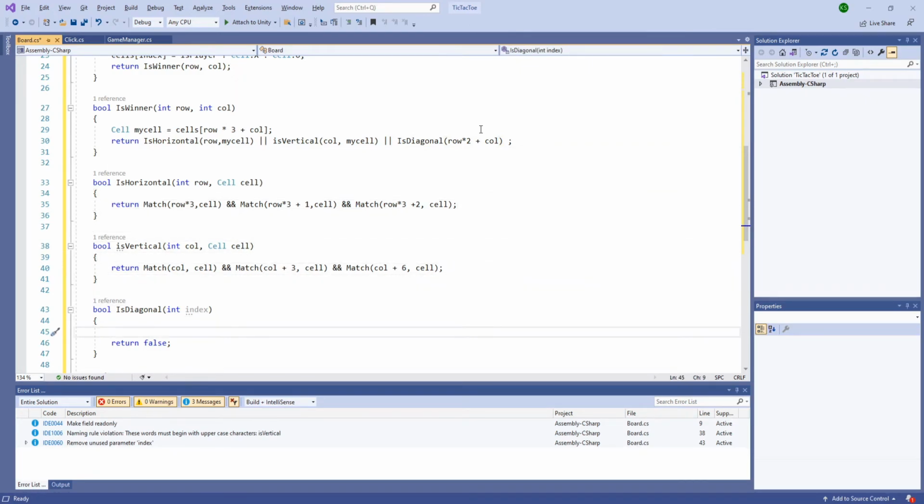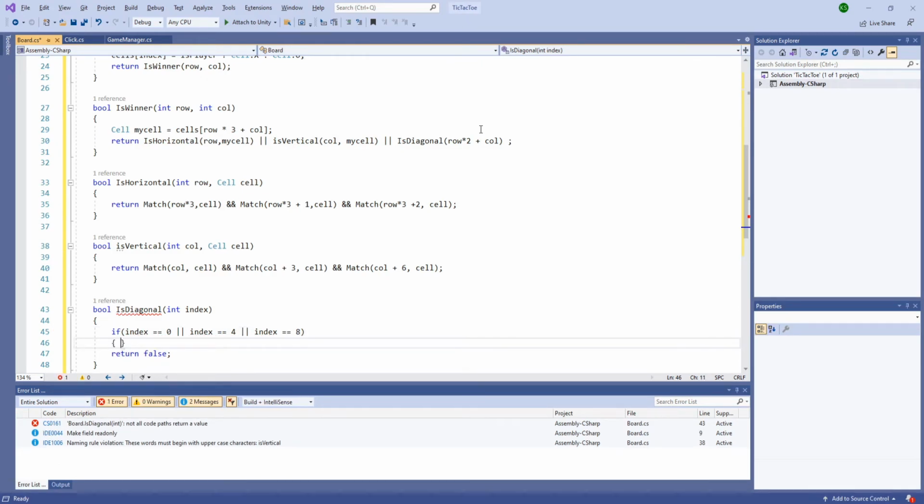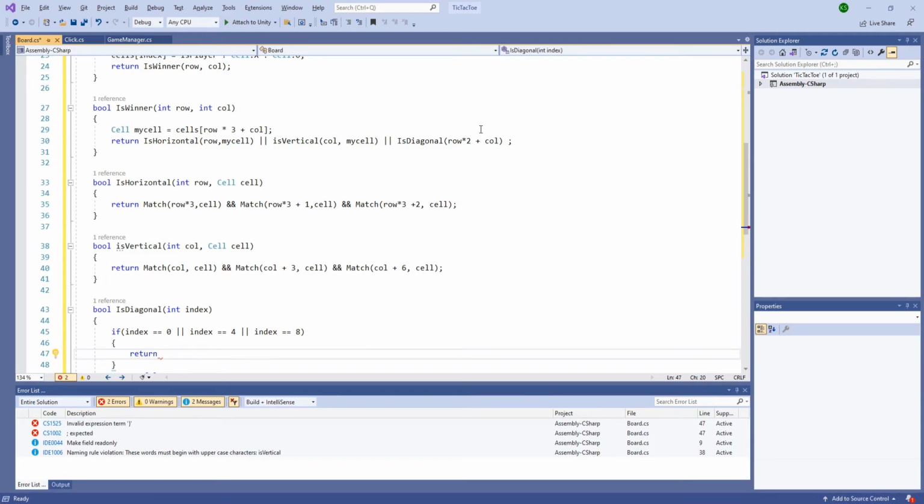So that was for if index is equals to 0. If index is 0, then we'll have the, what do you call it, backward slash line: index is equals to 0, or index is equals to 4, or index is equals to 8. Then we'll return